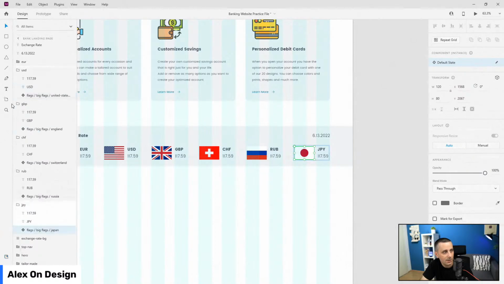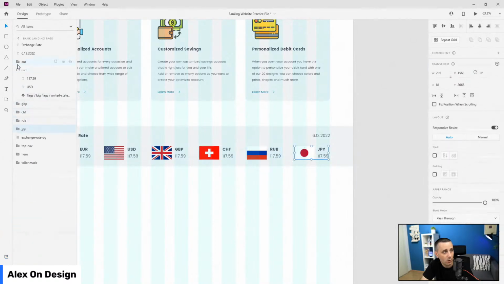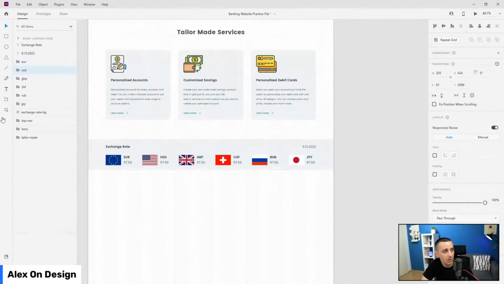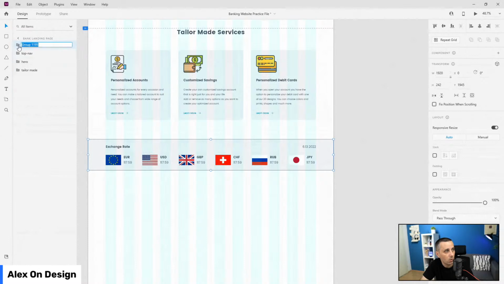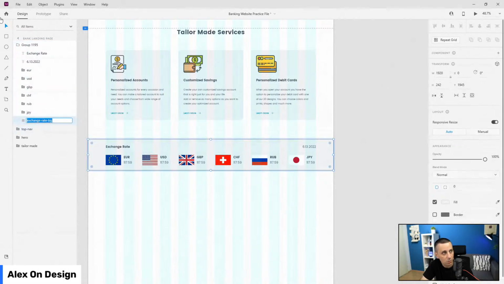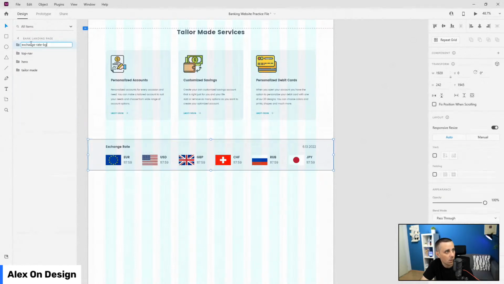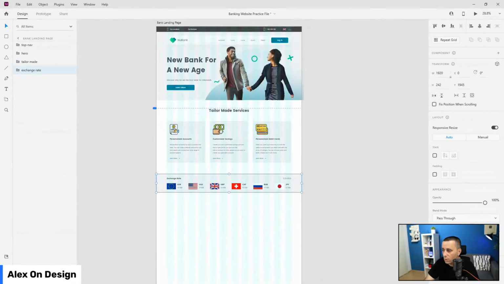So now that that section is completed, and inside of the course we are speaking about how to make it responsive and to work on different devices. So I'm going to call it once again exchange rate. Exchange rate. I'm going to get these spacings. There we go. Position it right here. It's 150, and I'm going to make a bit of a break and see what you guys are doing